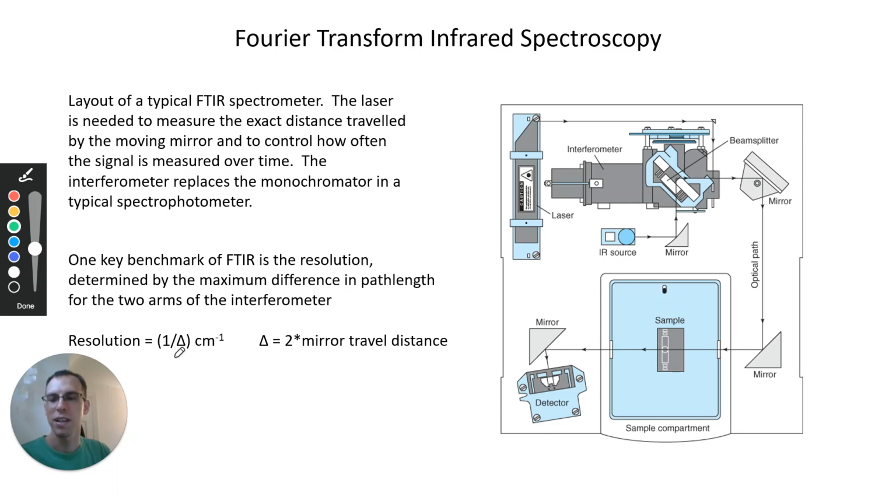Delta here represents the maximum path difference between our two mirrors. And essentially this is 2 times however far this mirror will travel. And that's because the light travels to the mirror and back, and so it's twice whatever that difference is between them, whatever distance this has traveled. And so just as a final thing,